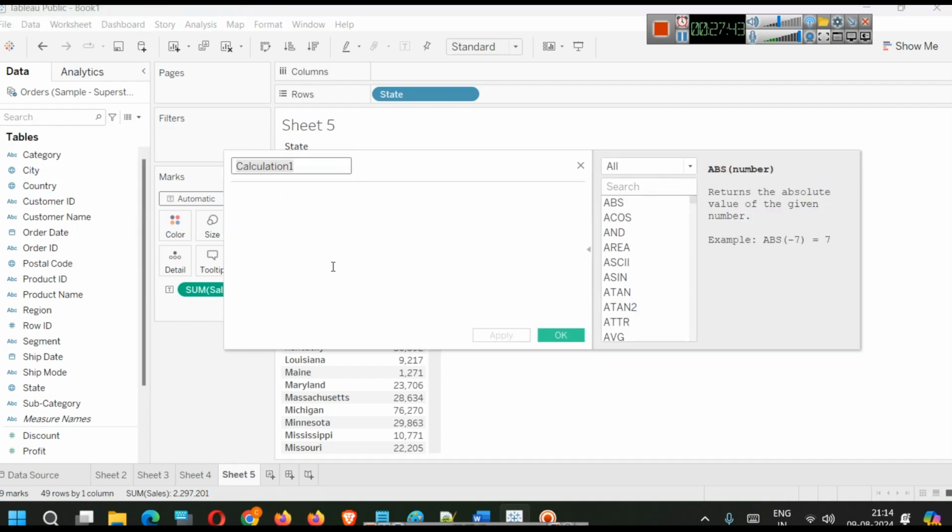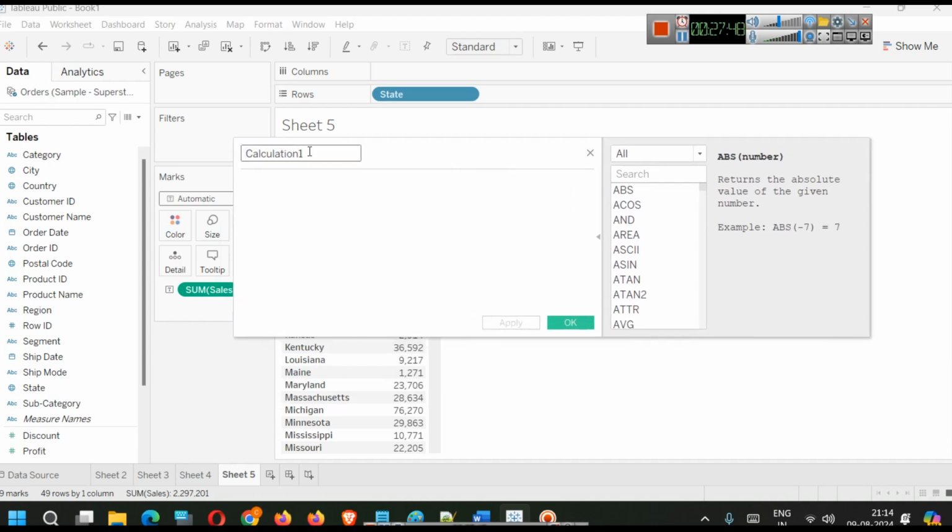When you click on create calculated field, this type of window pops up, where you have the name of the field that will appear here. So the name of the field is average sales. And here is your working area, where you will write your formula. What happens in Excel is you can write a formula there, right? So similarly here you can write a formula,